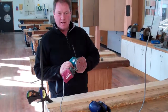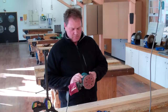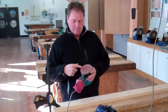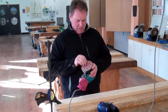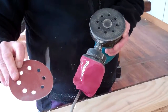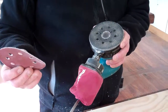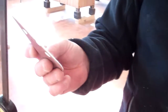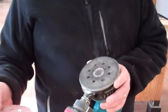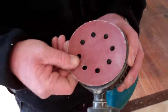We're going to have a look at the random orbital sander, or more commonly known as the palm sander. This particular model is a Makita 115mm. The self-adhesive, placeable grit on the sandpaper there. These pads come in a range from about 80 to 200 grit. Obviously the 80 is pretty coarse and the 200 is pretty fine, and you just line up the holes there,